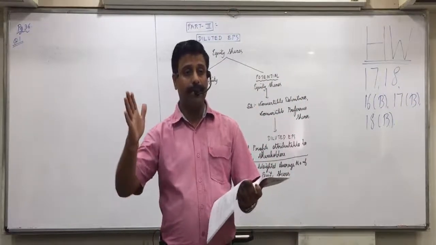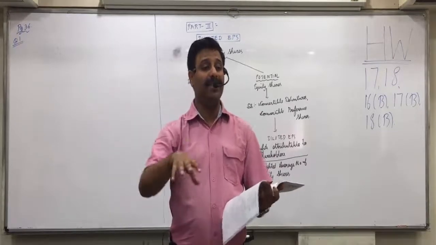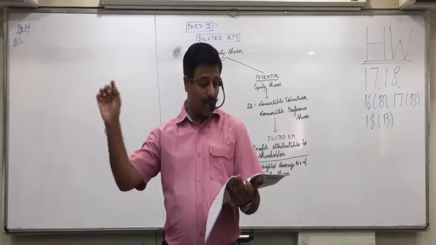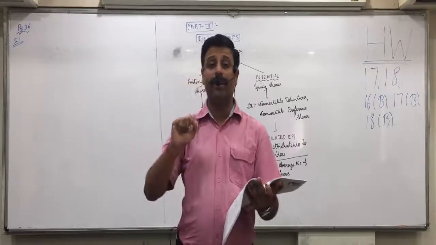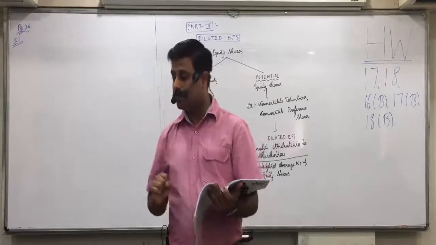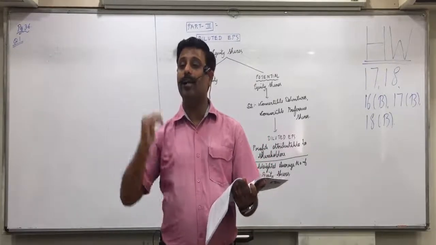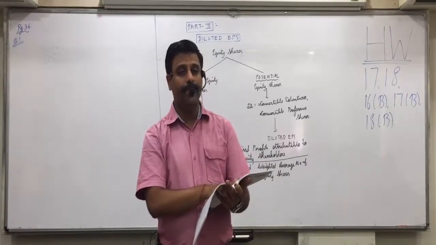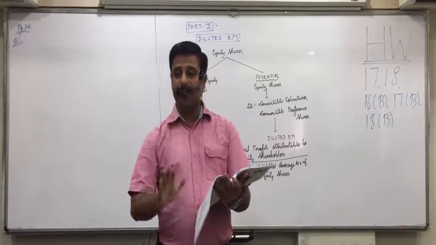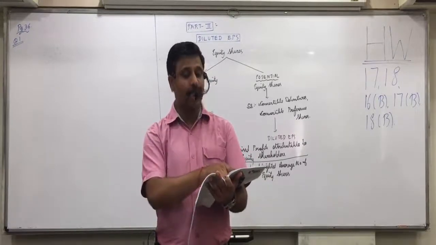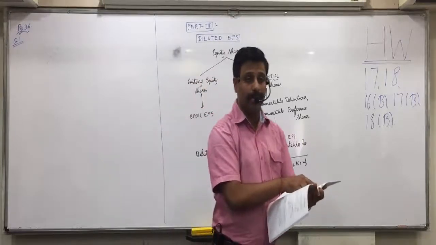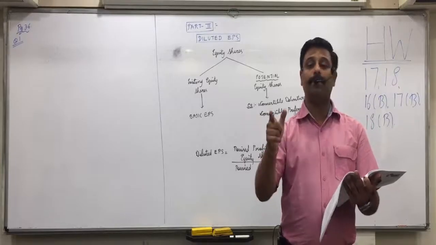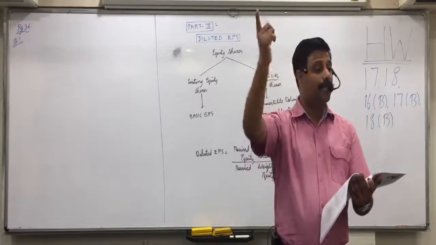For the purpose of diluted EPS, we will take them right now as if they are equity shares. So for diluted EPS, instead of 1st October, what date will you take for converted debentures? 1st January, beginning of the year. So when we find basic EPS, you will take actual equity shares from 1st October. But when you find diluted EPS, instead of 1st October, the same debentures will be taken from 1st January.